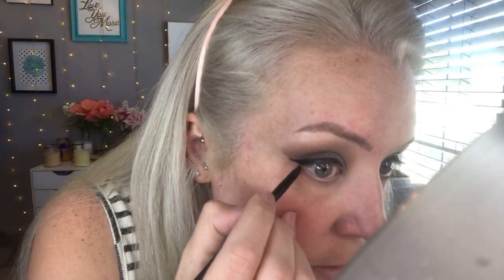I never go to the inner part because I've got this extra skin here, if you guys can see that. I never ever go this deep into my eye with liner, but I don't really have a choice because I screwed up so bad. So, gel liner to the rescue. Okay, I need to square this off a little bit better. There we go. Okay, so now that that's done,